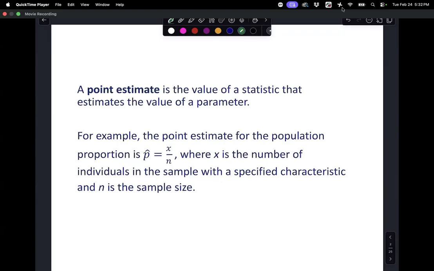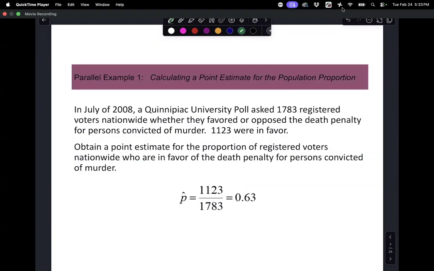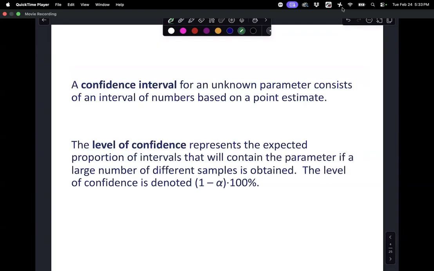All right. So we've already done a point estimate before. We did this in 8.2. It is basically the same thing as when we're doing our experimental probabilities. We're taking the number of successes divided by the total sample size. So whatever characteristic we're looking for, divide it by the sample size. That's the point estimate. It's the same thing we've already done. I'm just reminding you of it. And I don't think we need to actually recalculate them. I'm going to talk about confidence intervals.